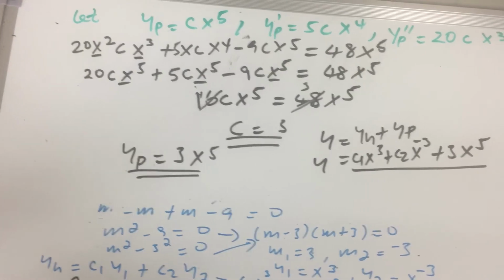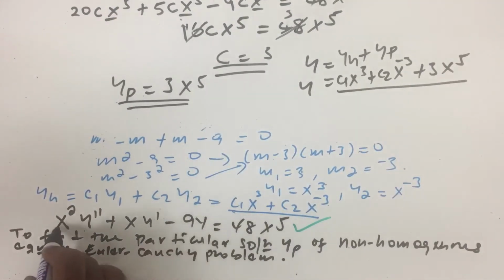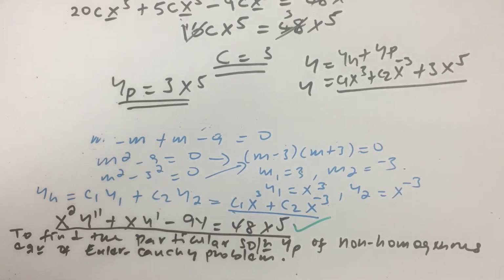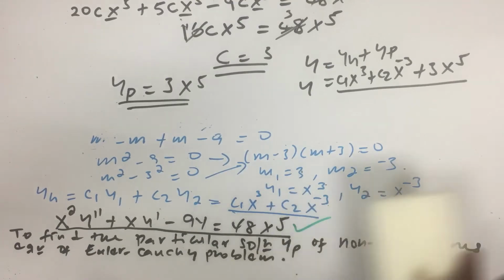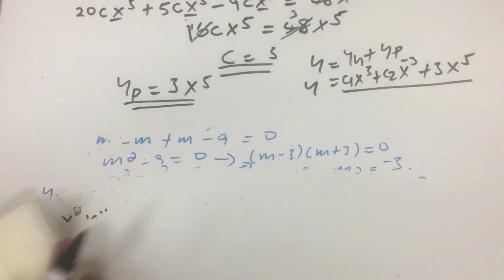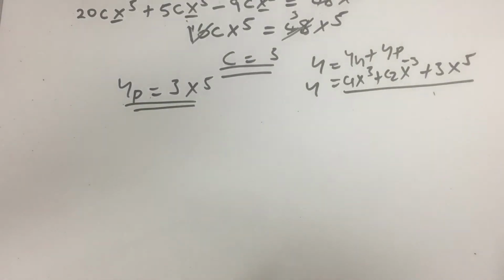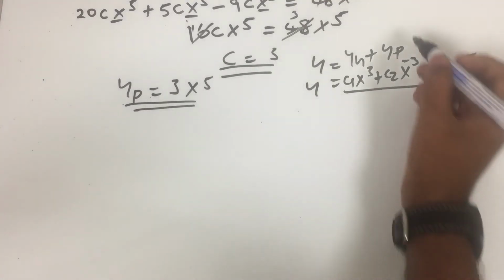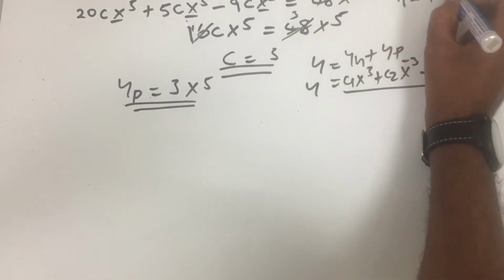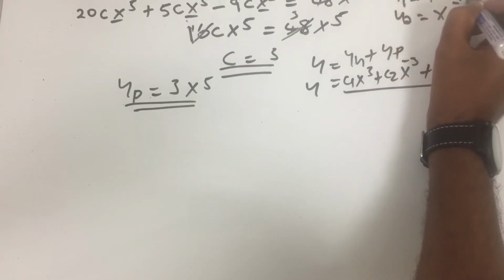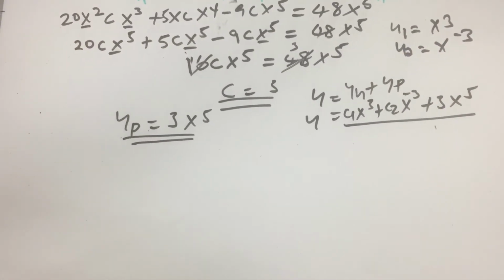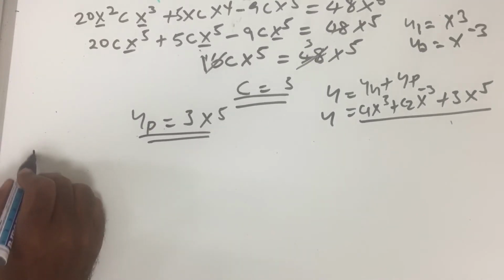Okay, for our problem, the original problem, let us apply the second method, using the Wronskian. If we apply the second method, we have already the homogeneous solution. We have y1 as x to the power of 3 and y2 as x to the power of minus 3, don't forget. So we use the Wronskian of